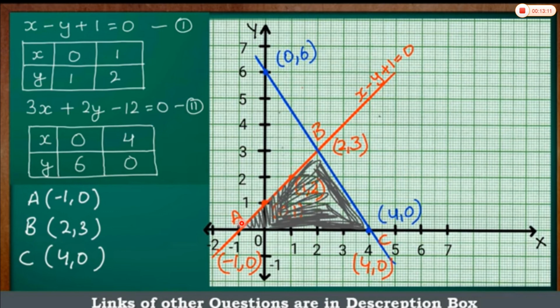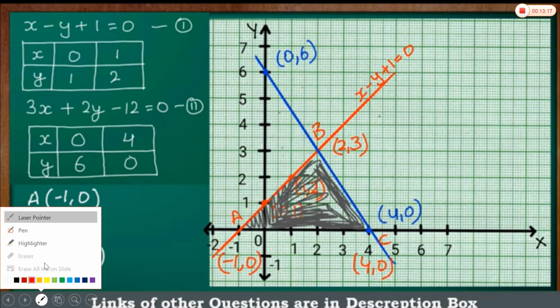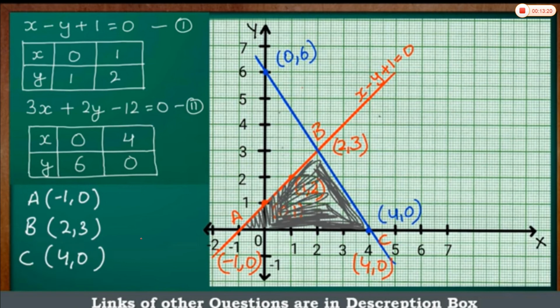So what will we do with these points? Join these points. Let me write this: this point is x 0, y 1, and the point here is x 1 and y 2. So here we obtain 2 points, x 0, y 1 and x 1, y 2. Join these points and we obtain a straight line.